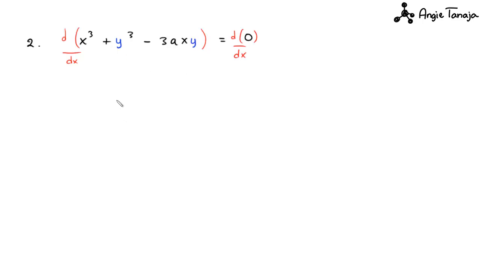Langsung di derivatif ya nggak apa-apa, atau mau ditulis gininya dulu ya nggak apa-apa. Misalnya nggak ditulis ya, supaya contohnya lain. Nggak usah ditulis derivatifnya, langsung aja kita derivatifkan. So this will be 3x squared, normal, right? Plus 3y squared times y prime